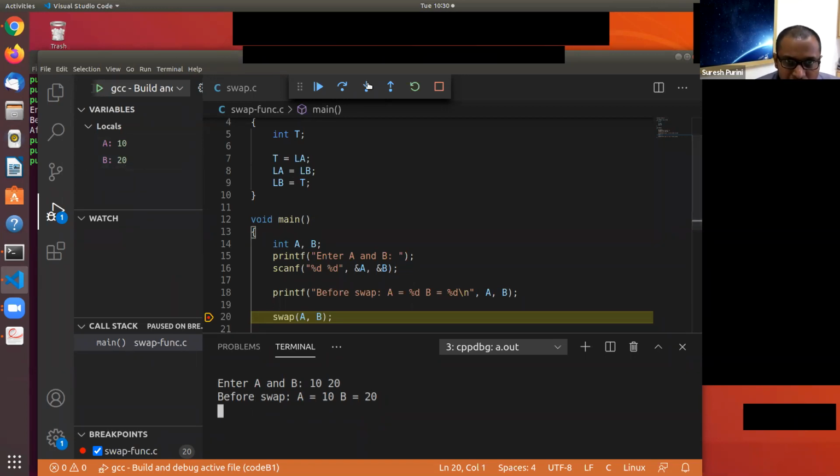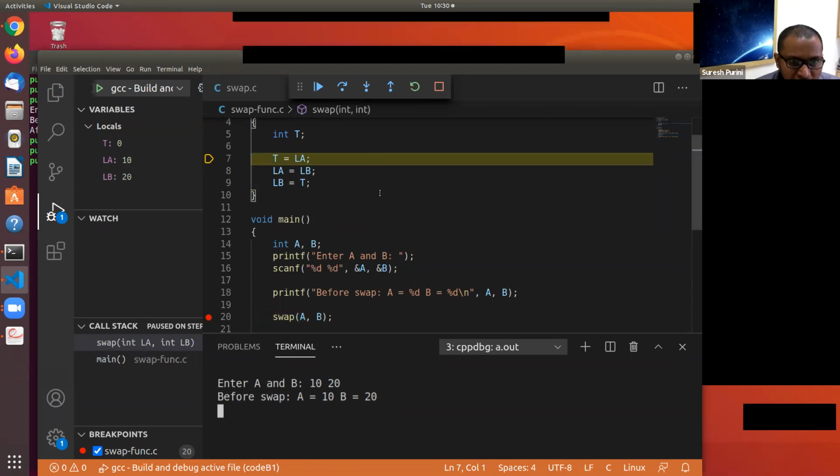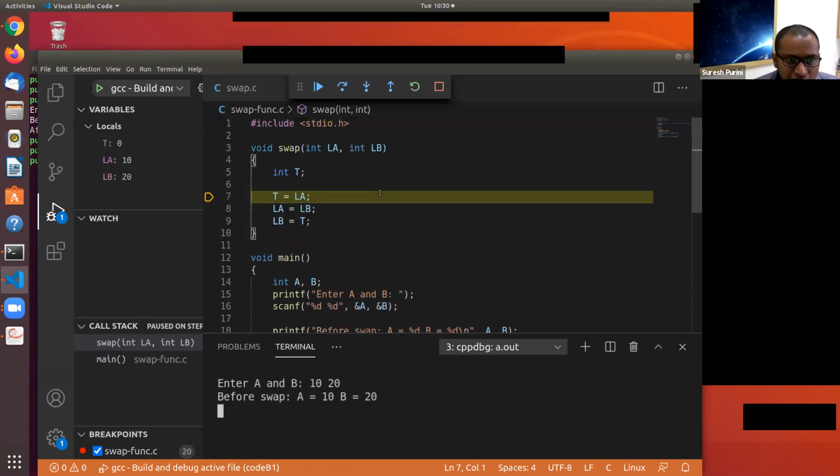So now we are entering the swap function. When we enter the swap function, it has three local variables, T, LA, and LB. The parameter passing mechanism is what is called a call by value parameter passing mechanism.